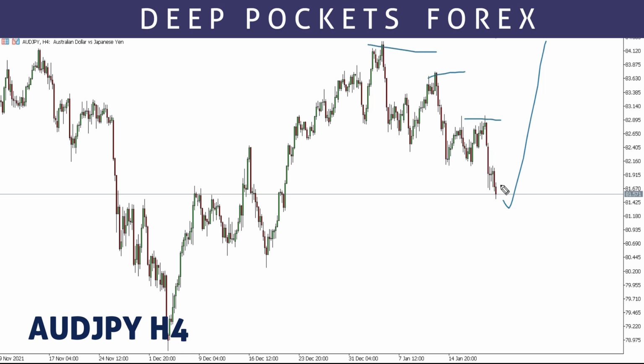So around this zone, how you make an entry, that's your own business. How you look for an entry here, that's your own business. You might get some manipulation here, you might get price playing around, giving a drop, but whatever happens, the main direction is up. That's on AUDJPY. Now, so that you don't get too much to digest, we shared with you a lot of really good information, so we'll just end this video here